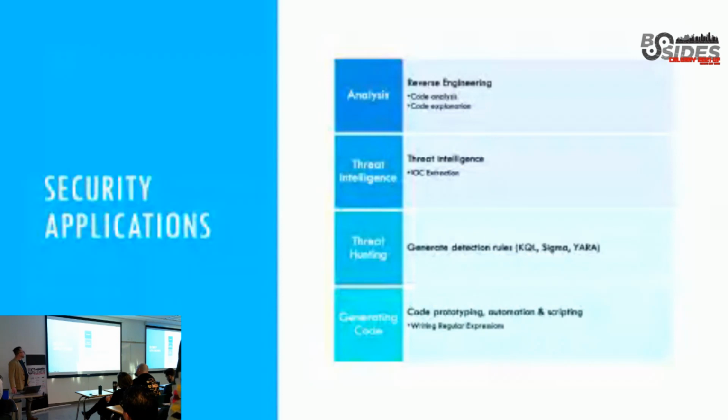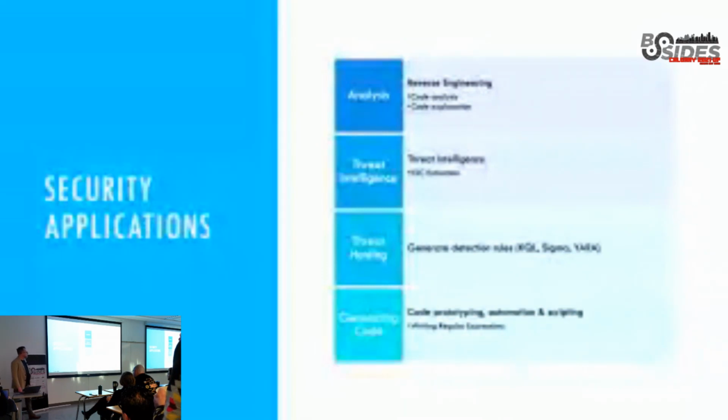Threat intelligence: it's quite good at extracting IOCs from hostile code or from threat intelligence reports. So if you give it a paragraph out of an Intel report that had some domains and IPs in it, and just say, hey, give me the IPs or the IOCs from this, it will pull those out. Oh, and sorry about the acronym, IOC is indicator of compromise. It's kind of a standard term in cyber threat intelligence.